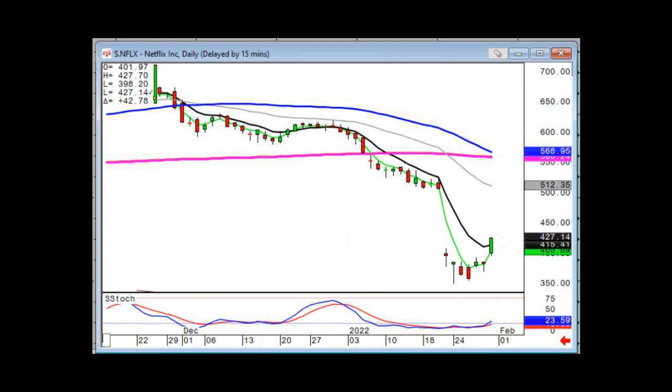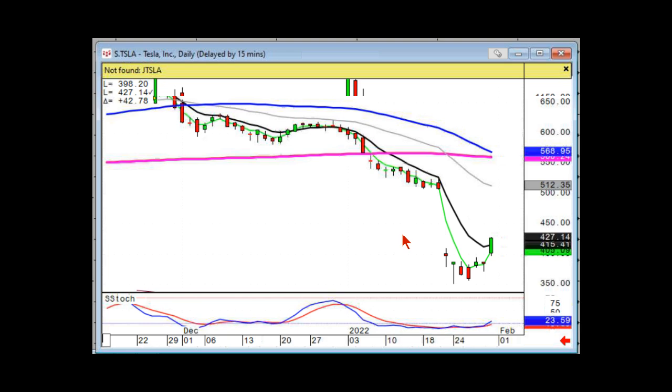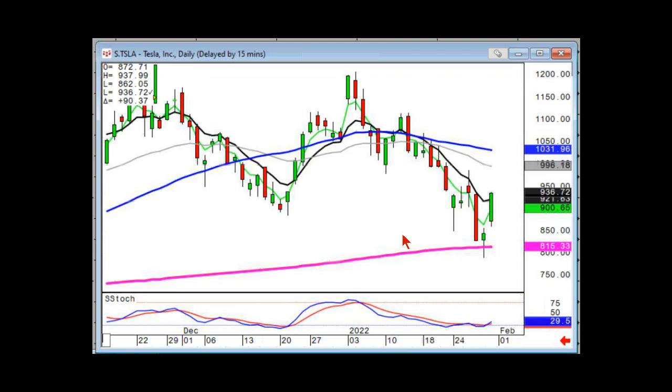Okay, again, Tesla had $5 to $9 changes. How do you know when not to panic and sell? Meaning after it opened today,